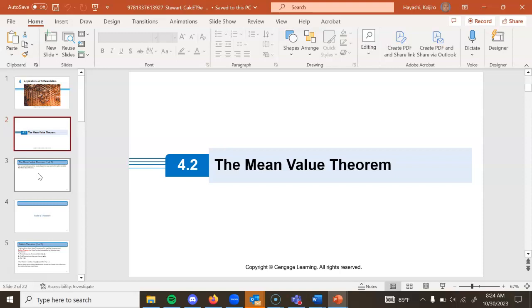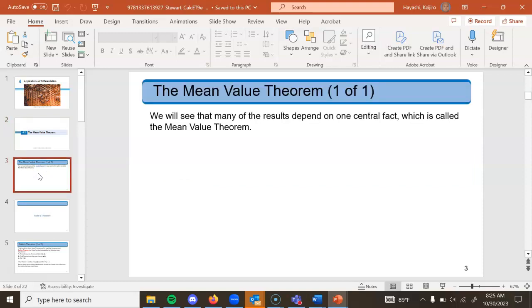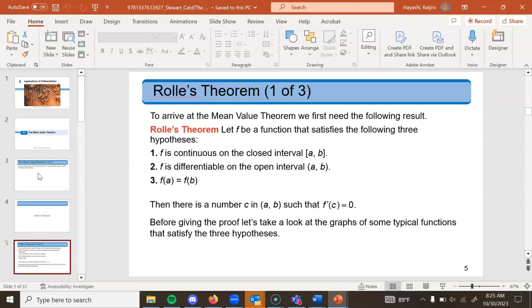So today we're going to learn about the mean value theorem, and how we're going to start off is we're going to start off by learning a specific case called Rolle's theorem. So Rolle's theorem states